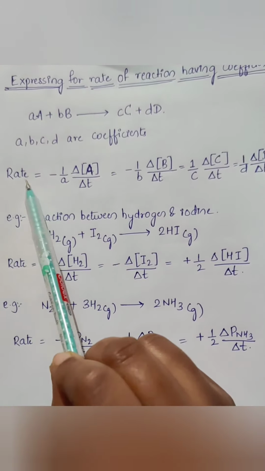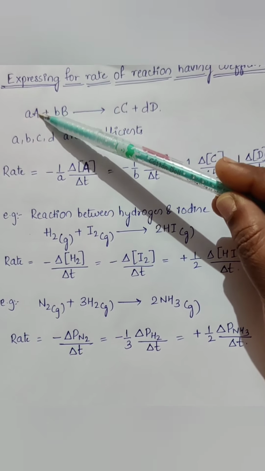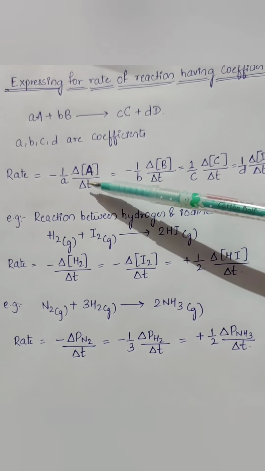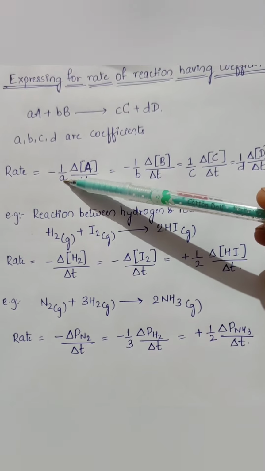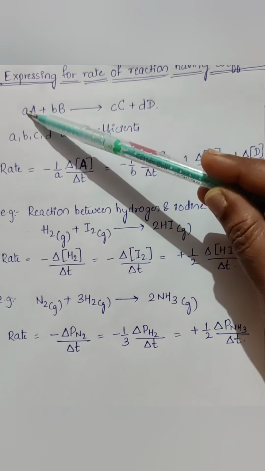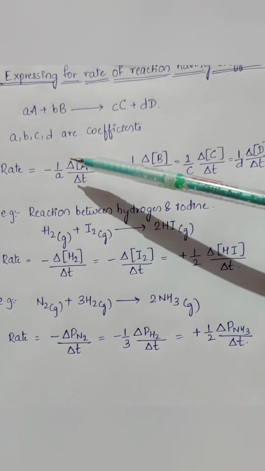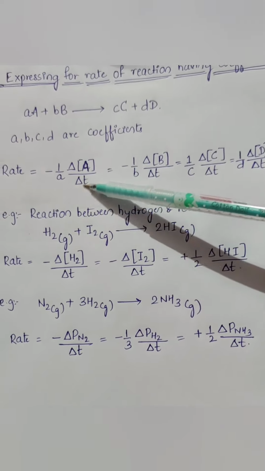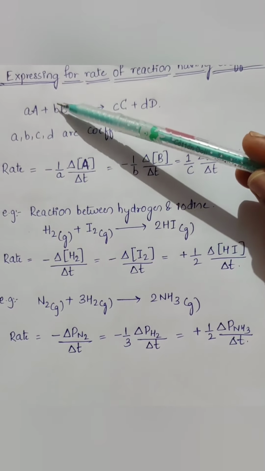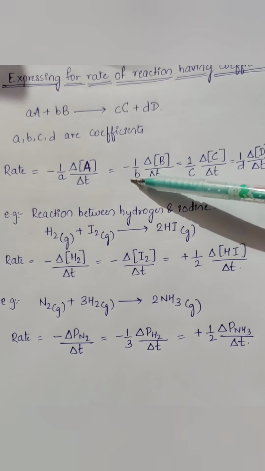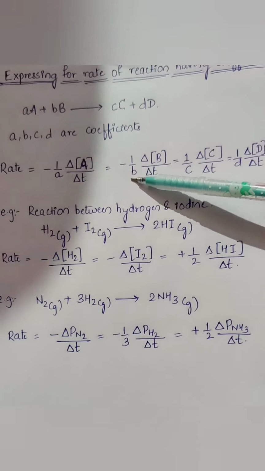Now how will I write it? Rate is equal to, for reactant A, the rate equation is delta A over delta t. I should divide it by the stoichiometric coefficient, which for A is small a. So 1 upon a, and I am writing a minus sign because it is a reactant. So for reactants I will have to write the minus sign. So it is equal to minus 1 upon b, where b is the stoichiometric coefficient, so I have written minus 1 upon b,